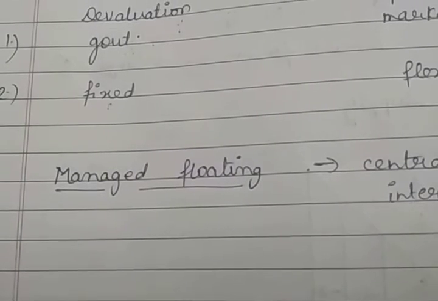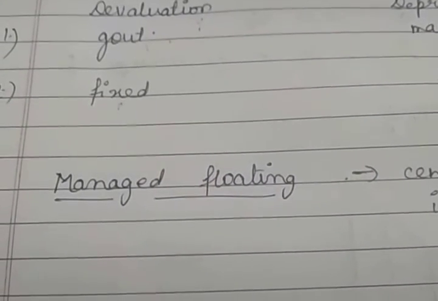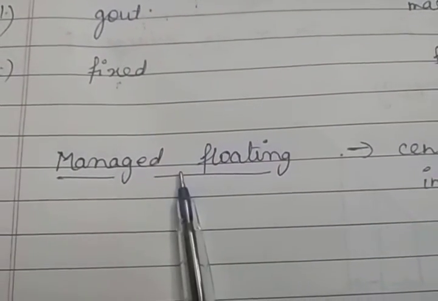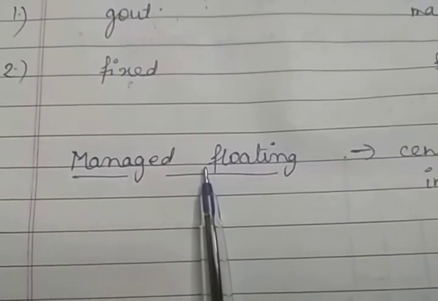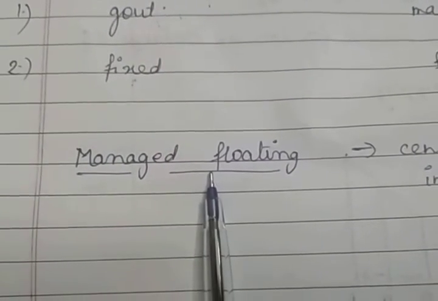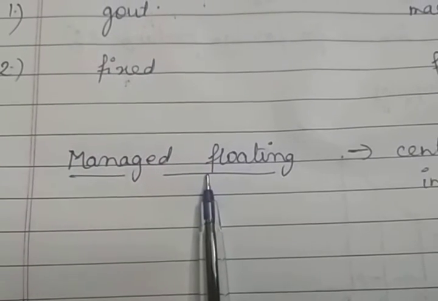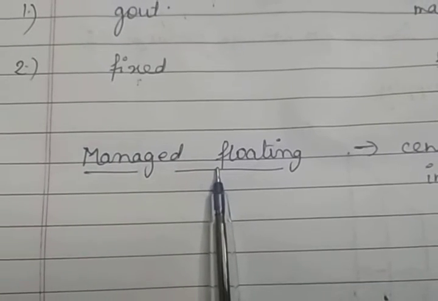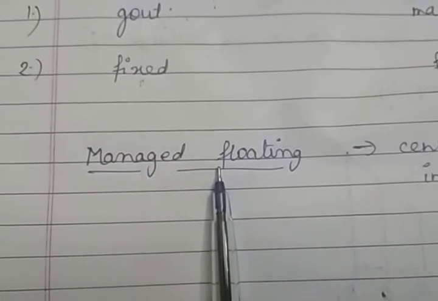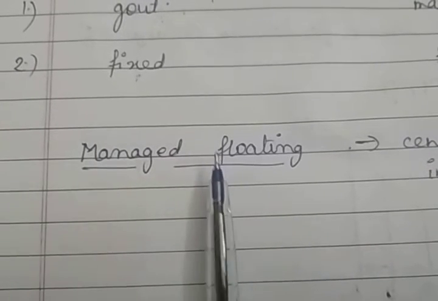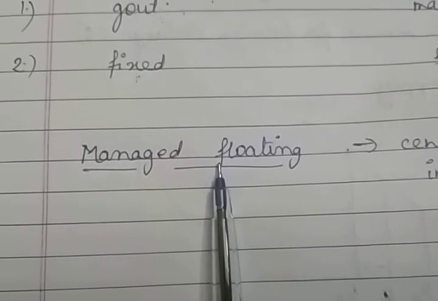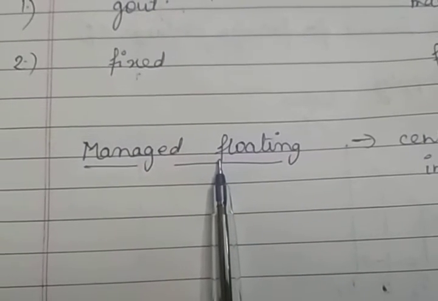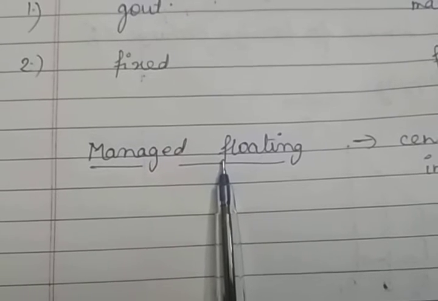or with the permission of the IMF. So basically, you will get the qualities of both the fixed exchange rate system and the flexible exchange rate system in managed floating. That means this system is a combination of a fixed and a flexible exchange rate. There is no predefined range of adjustment, and also no predefined time of adjustment. Adjustments are allowed entirely on the merits of the case. It is for the managing authority to allow or reject an appeal for the adjustment.